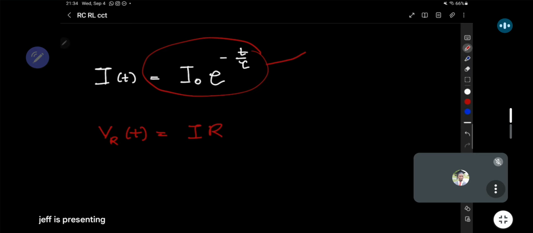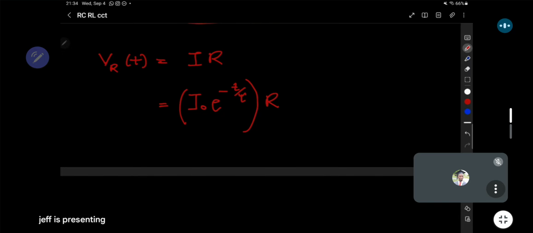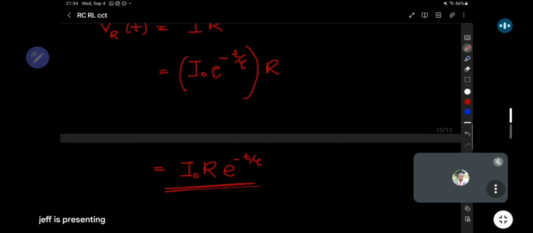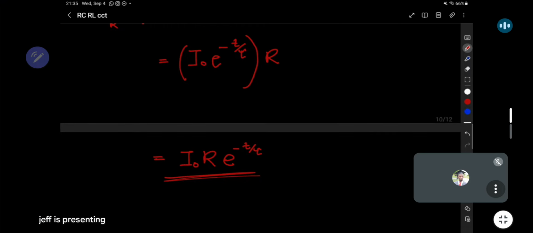Since we are saying the inductor will be feeding the circuit with that current, it now implies that for that resistor, as that current comes through, that current is I0 e to the minus t over tau. As that current comes through to pass through the resistor, of course, that is going to end up being our voltage value, our voltage drop across the resistor. So that now we can see it as I0 R multiplying e to the minus t over tau. This becomes the voltage drop across the resistor. Of course, we can now easily get what the power is going to be and finally what the energy absorbed is going to be. But more importantly, let's move on to look at